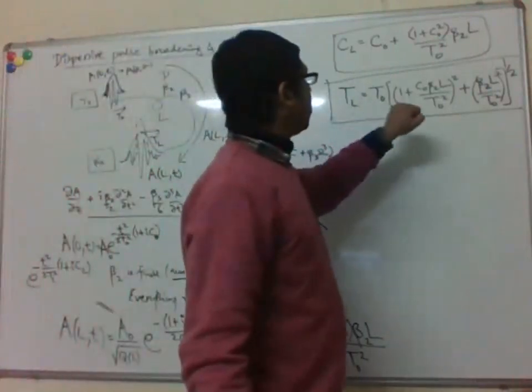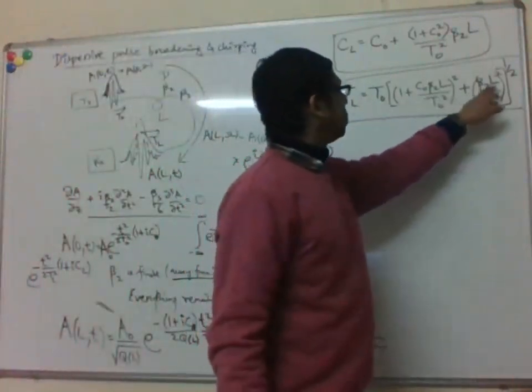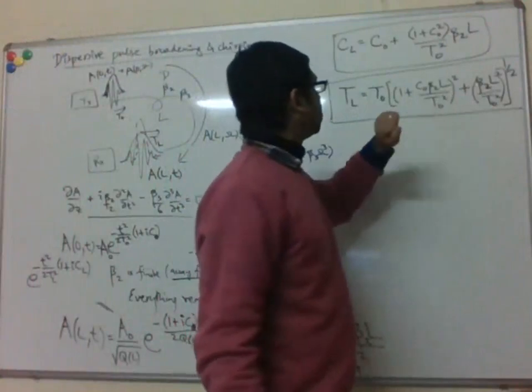Okay, so again you can see now it depends on this beta 2 times L, also on the input pulse,